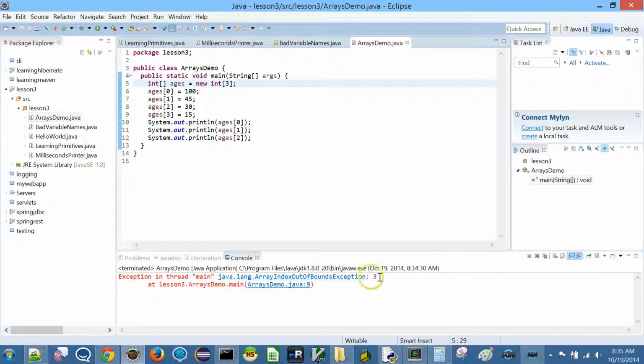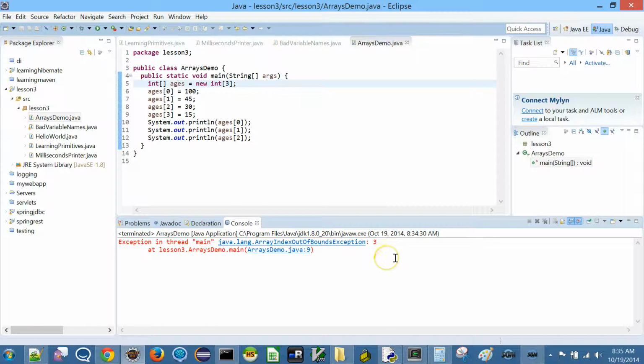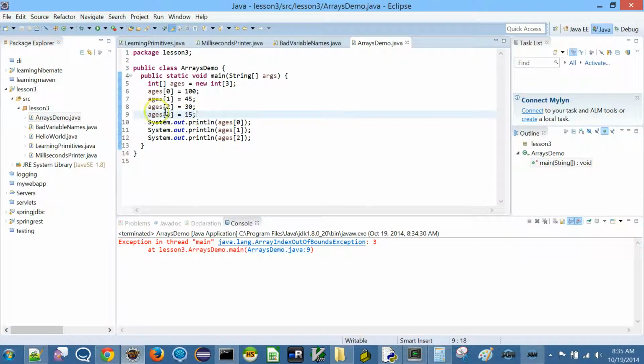It says java.lang.ArrayIndexOutOfBoundsException: 3. What does this mean? This is a runtime exception, which means it's not a compile error. If we had a compile problem, then right when we typed this, Eclipse would have complained with the red squiggly line, but it didn't. But when it actually tried to run the program, it said, I can't accept this third element. It's also telling you which line number. If you click on this, it will take you right there. It says this is the line that has the problem. So if we eliminate this, we'll get this.